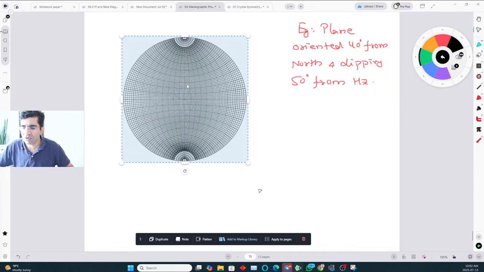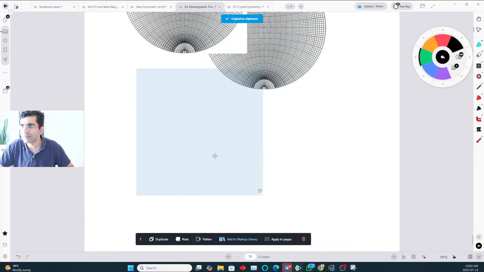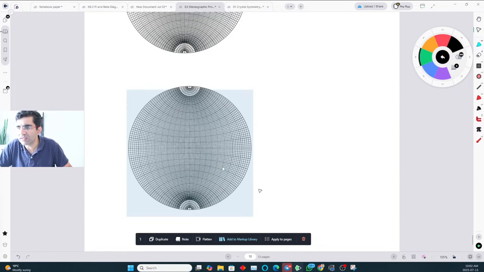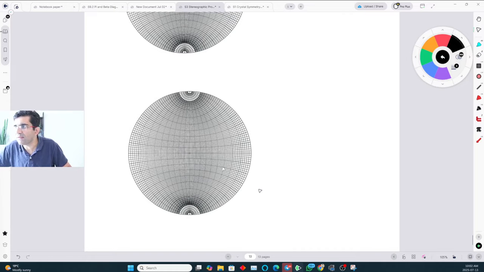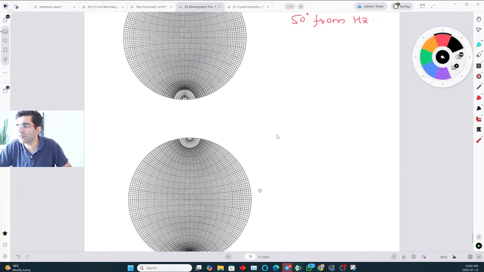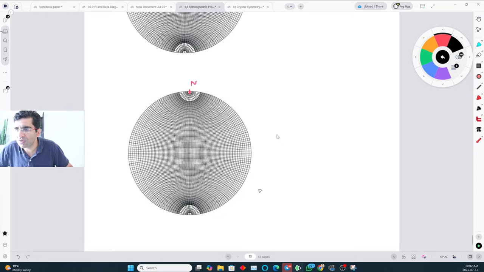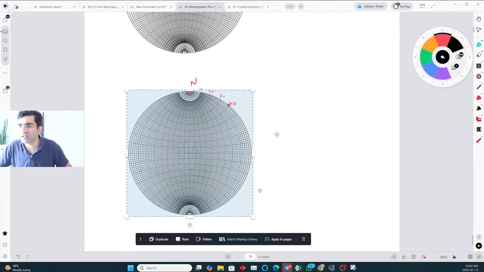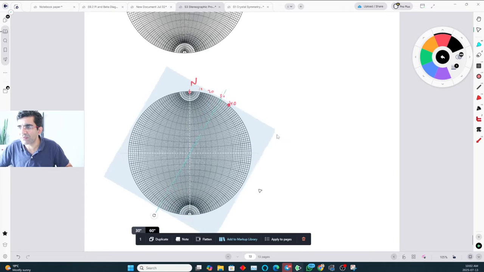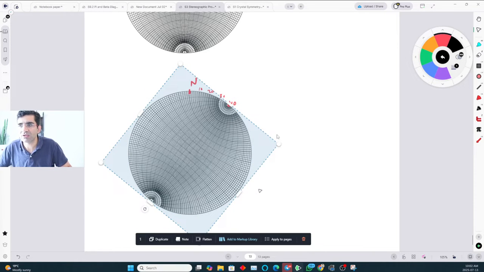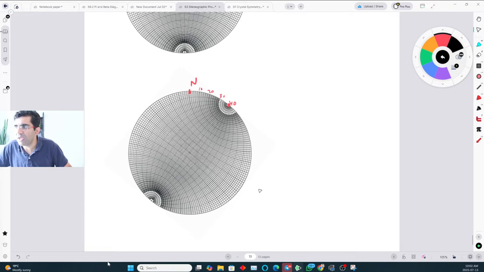The first thing you will do is take this stereo net and see where it is saying 40 degrees from the north. So this is north, and then you plot from the north 10, 20, 30, 40. That is my 40. You make a dot here. That is a 40 degree orientation. You take this stereo net, you rotate it. Now it is oriented 40 degrees. You will make your plot